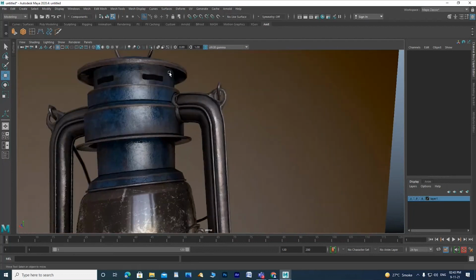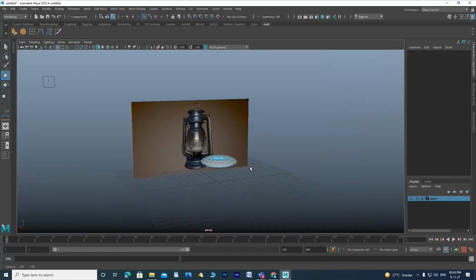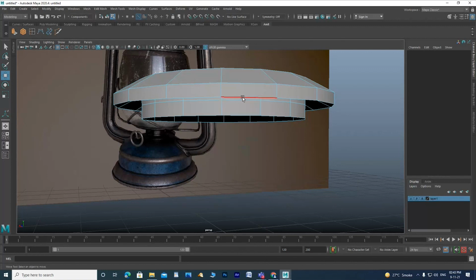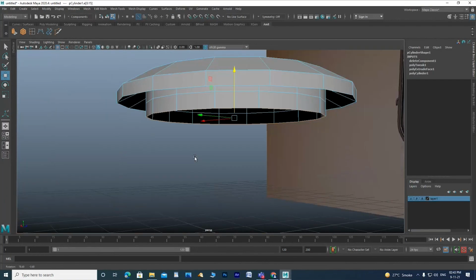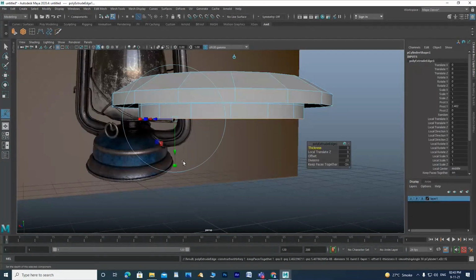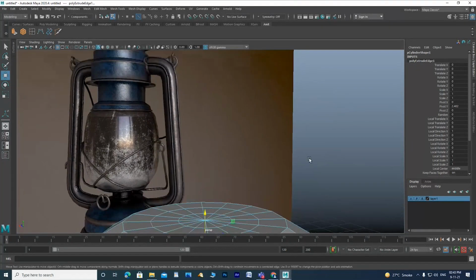Then it simply comes in, then one edge and then coming down. It's just like steps. Here you select the edge, double click to get this ring selected, then extrude, scale slightly, and bring it down.